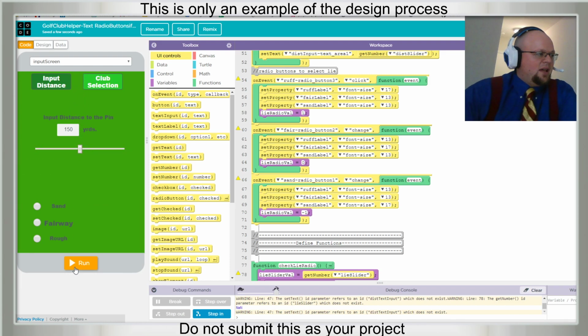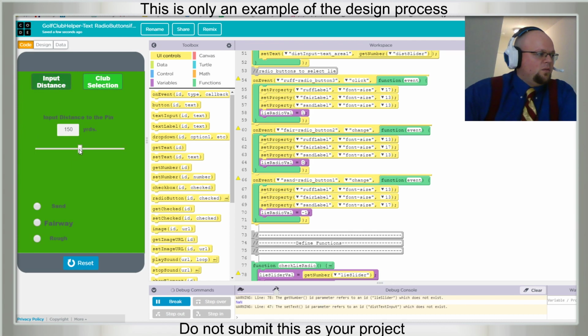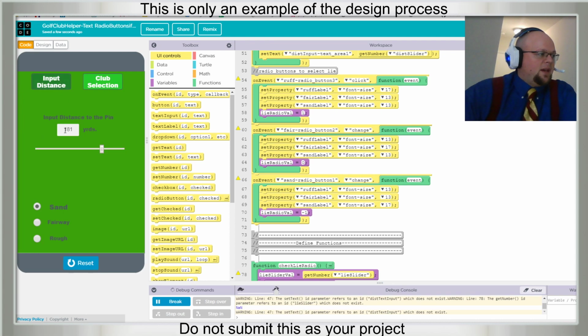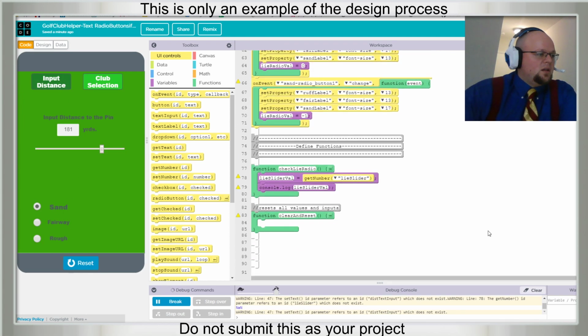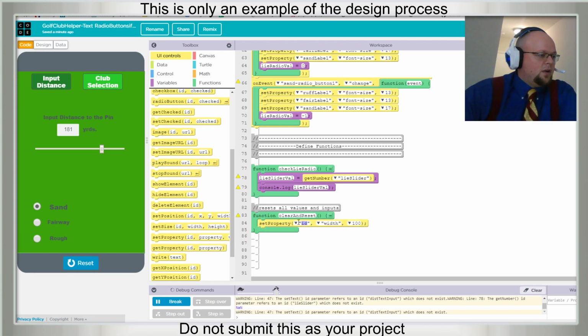Let's add the function where you go. So let's say if I have, well, okay, we do need to do the change thing, where first let's do the cleanup thing. So if I have an input, a radio button, and I hit club selection, great, it gives me a club. When I go back to input, I want this to be back to centered and back to fairway. So in our cleanup, we want to do some set properties. Set property of